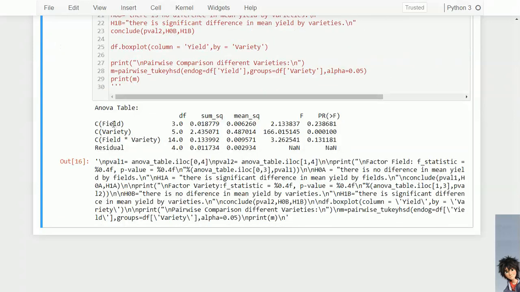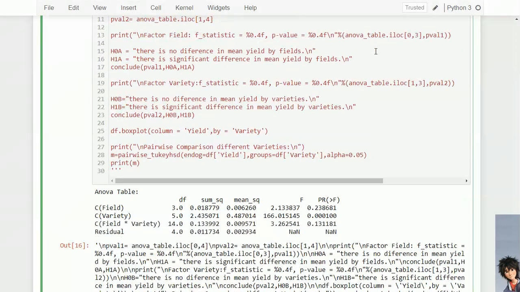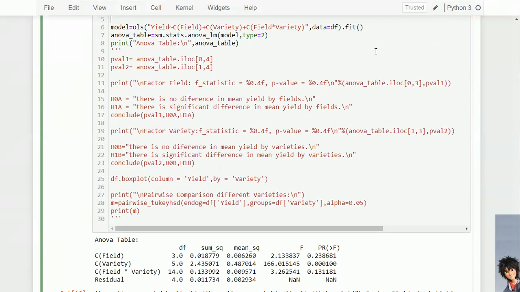We got the interaction effect here: df of 3, 5, 14, sum of squares, mean sum of squares, F. As the p-value is 0.13, the interaction effect is not significant. So we can neglect it and remove it from the model. Delete that and rerun the ANOVA model.